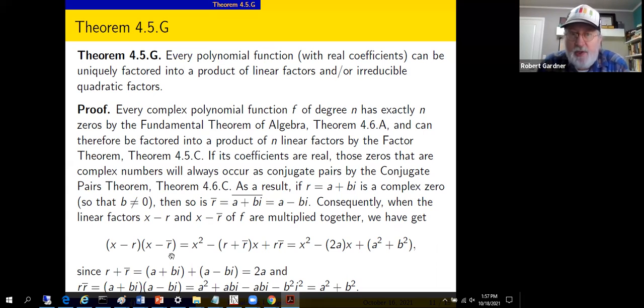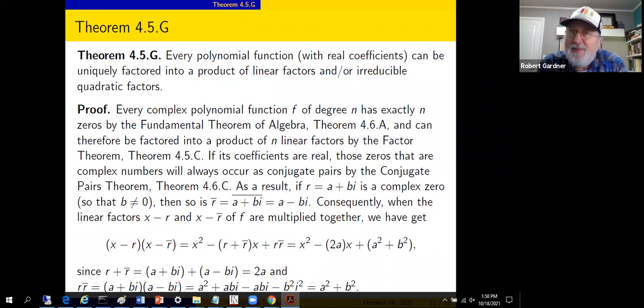I told you we'd look at this later. Later is now. If we FOIL this, we'll have an x squared term. We'll have minus rx minus r conjugate x. So here's the x, here's the r and the r conjugate, here's the minus. And then we'll have plus r times r conjugate. Ooh, r times r conjugate, see the review section,